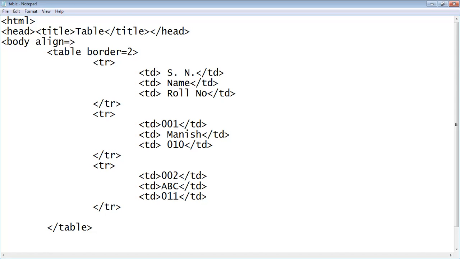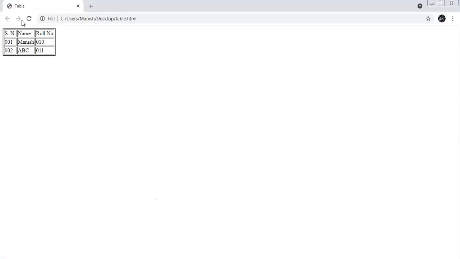By default, alignment will be left. But when we fix the alignment, like center or right side, again we save the program and share the screen of the output. This one is our old output. When we refresh, then the alignment should be on the center side.